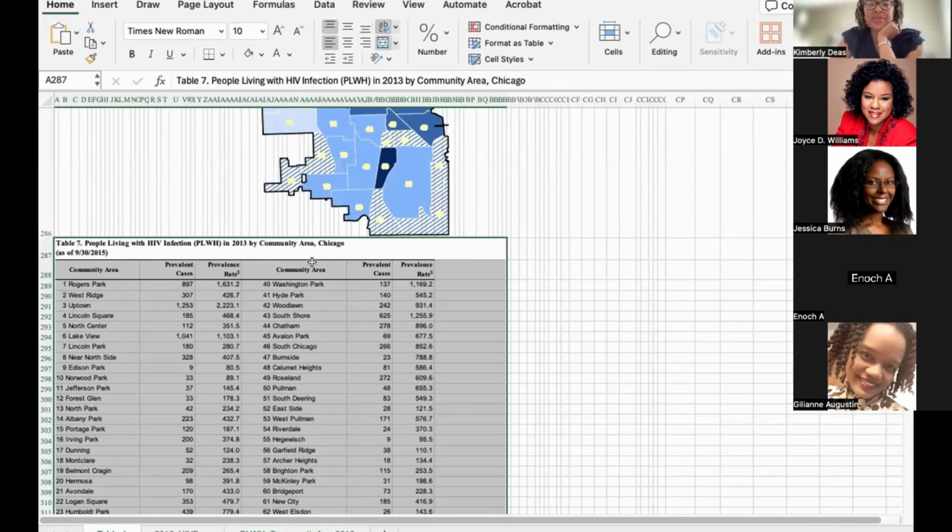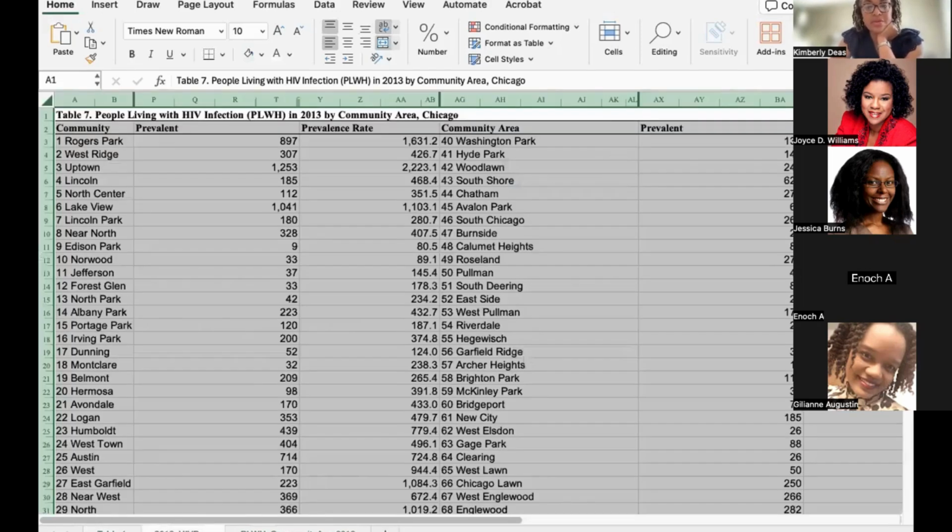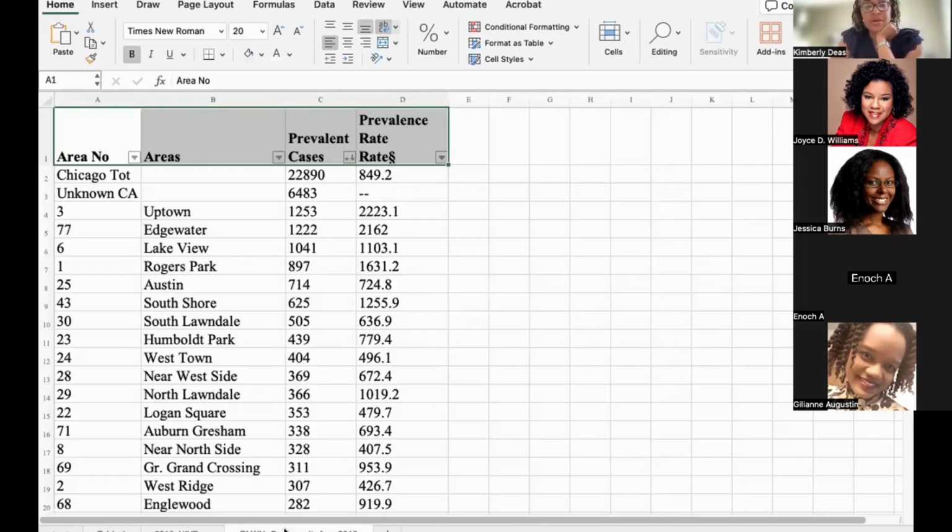This actually was from a PDF. So I imported this PDF into Excel and this is what it gave me back. And then from this, I kind of played around with it. So this is the second spreadsheet that I was able to play around with. And then I came up with the final spreadsheet of what I needed.